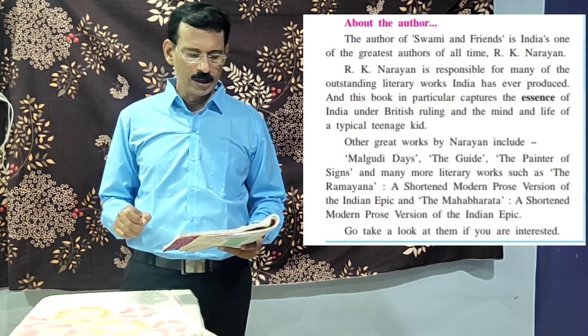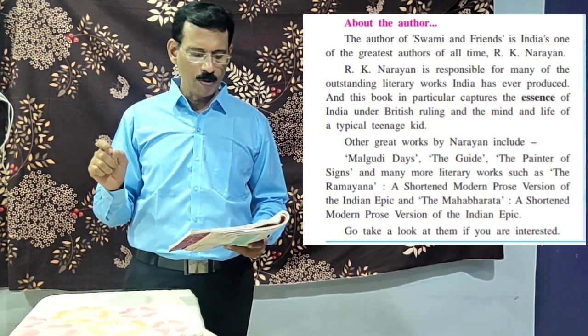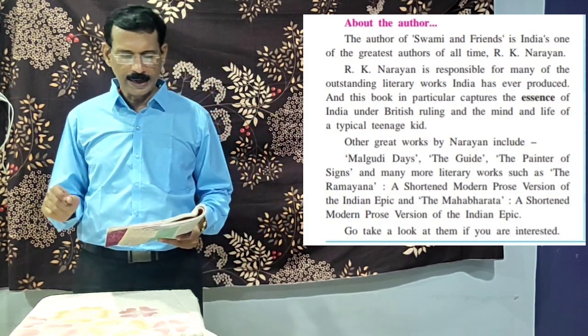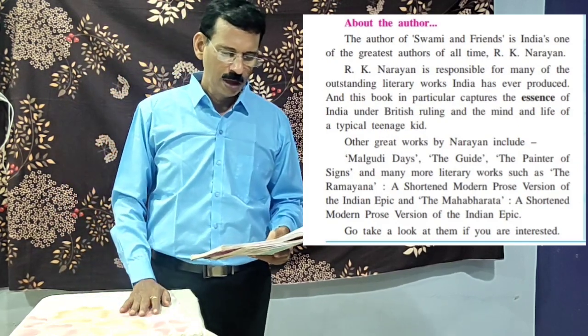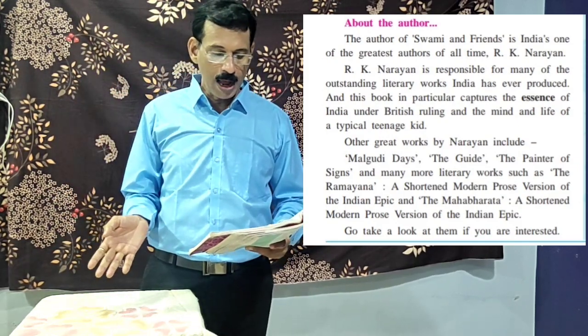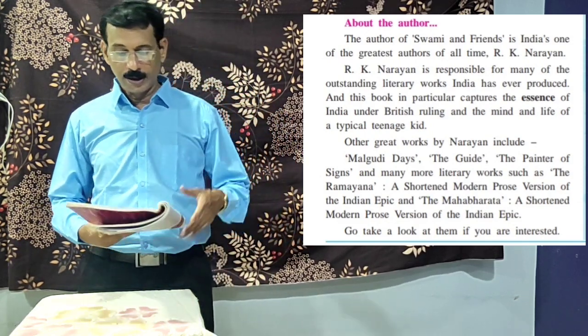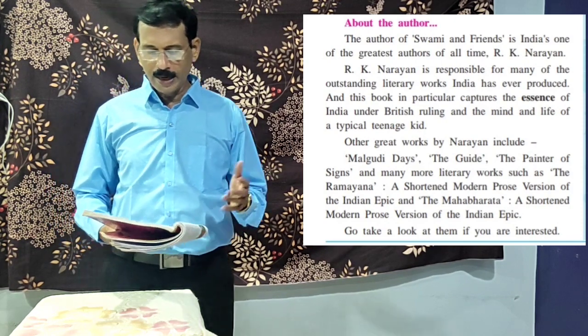And this book in particular captures the essence of India under British rule and the mind and life of a typical teenage kid. Other great works by Narayan include Malgudi Days, The Guide, The Painter of Signs, and many more